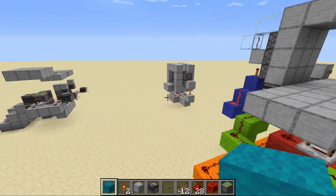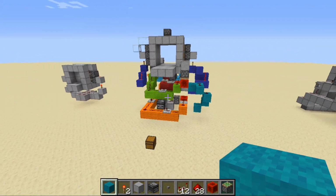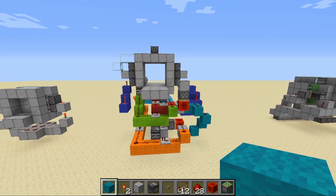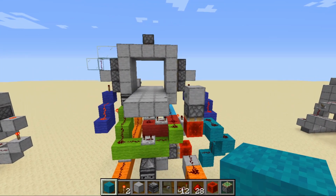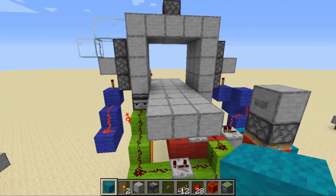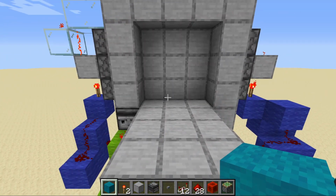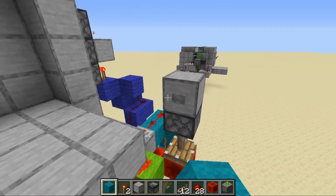If you do not know what a monostable circuit is, then I'll probably make a video on it. It's one of the most essential things that you need in a redstone contraption. Almost every contraption has it. But now, if you can see, if I press this button over here, the door closes. If I press it again,